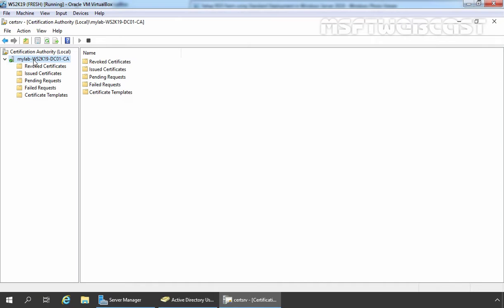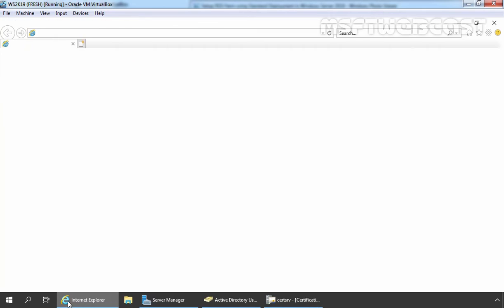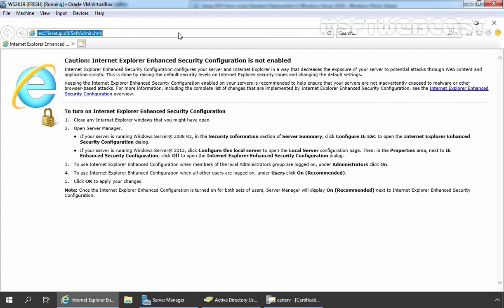But before we do that, let's take a look at what our RD Web Access page looks like right now. For that, I'm going to open Internet Explorer, and specify the URL of our RD Web Access server, which is https://ws2k19-srv03.mylab.local/rdweb.